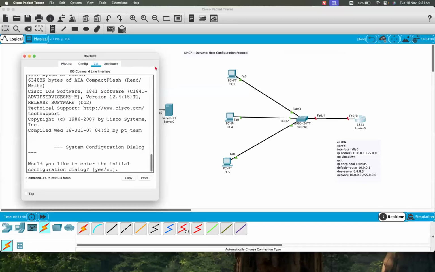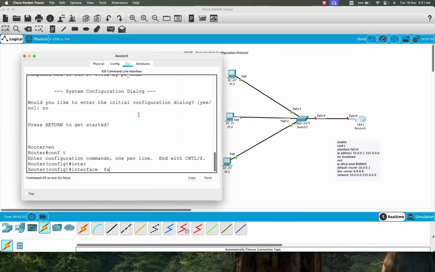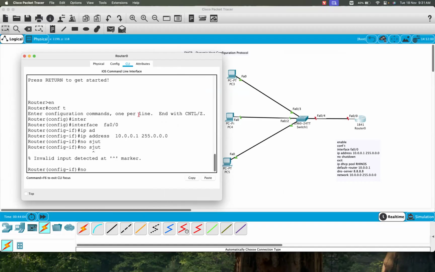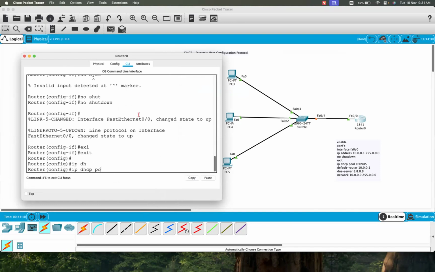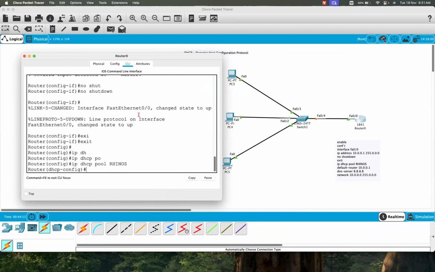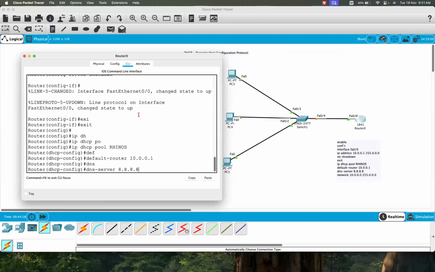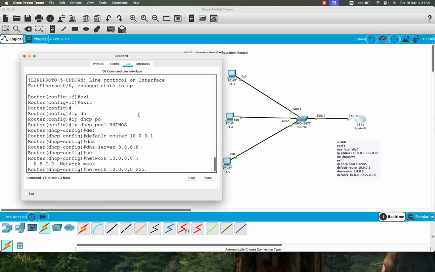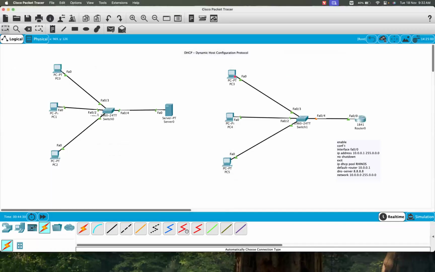That's all the configuration for the DHCP pool named Rhinos. So let's do this on the CLI. Enable. First, you configure the IP for my interface. IP address 10.0.0.1 255.0.0.0. No shutdown. Right. Then you type IP DHCP pool, give a name called Rhinos, then default router, the default gateway IP address, DNS server, network statement, and netmask only. Correct. That's it. Finished. Only these commands you have to